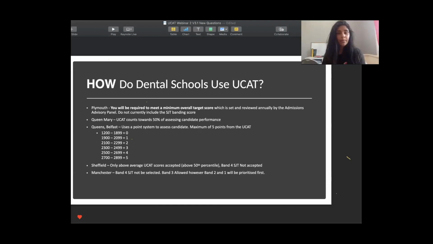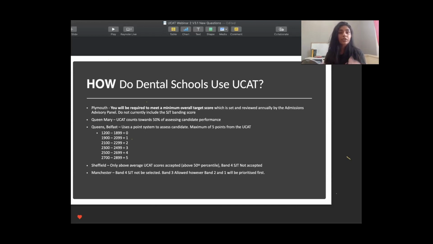So for medical schools, I would say it really depends on the school that you're applying to. They'll have different weightings on the UCAT themselves. So for the ones that really weigh the UCAT highly, 700 plus is a good score. It's a very good score. But